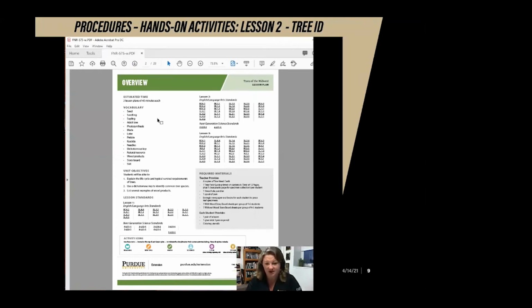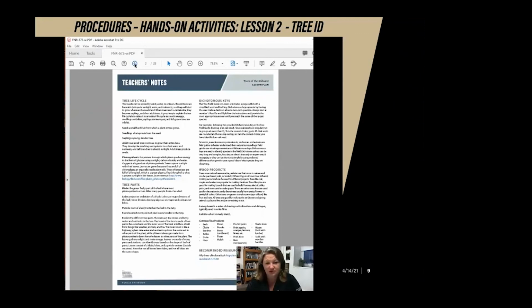to meet that objective, teaching the kids how to use those types of keys to identify common tree species in their backyard. Because we're using the dichotomous key, encouraging kids to write descriptions and start to use those vocabulary words, lesson 2 is pretty heavy on the language arts standards and has a little bit of the next generation science standards as well. For lesson 2, we're going to talk a lot about a leaf blade, which is that really